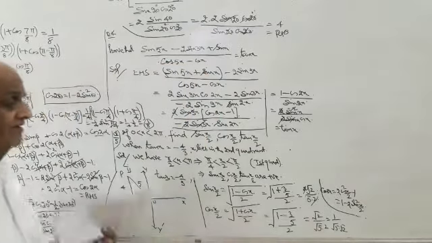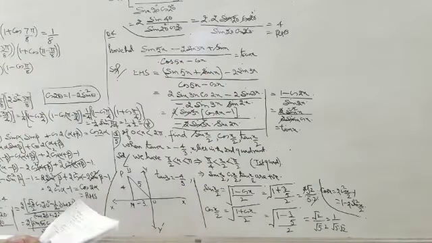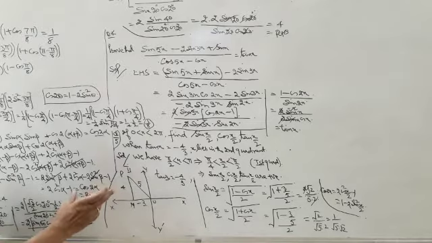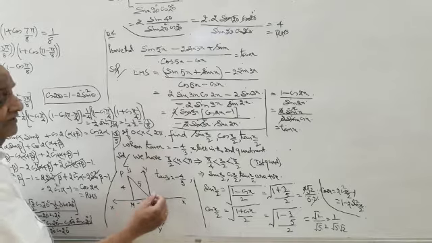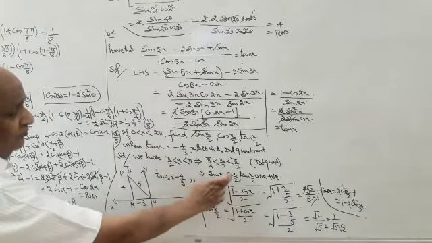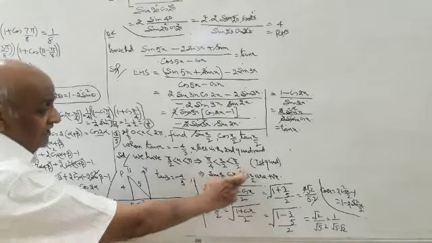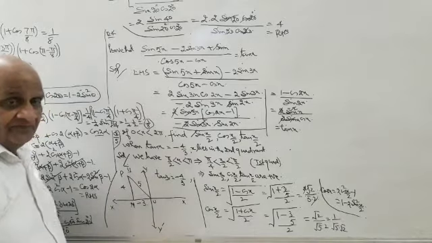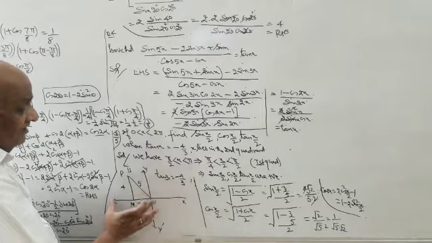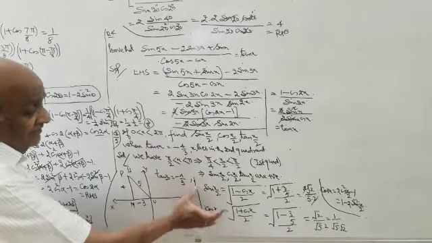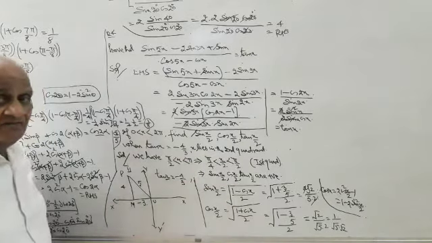The procedure here is, that is the main thing to be noted, that whenever we deal with such questions, we must first of all clarify in which quadrant sin x by 2, cos x by 2, tangent x by 2 are positive. Okay? And whenever it is there, try to adjust it accordingly, draw the figure and evaluate using the multiple angle formula.